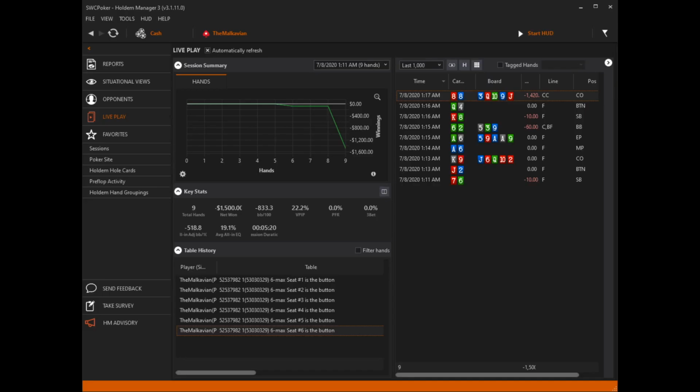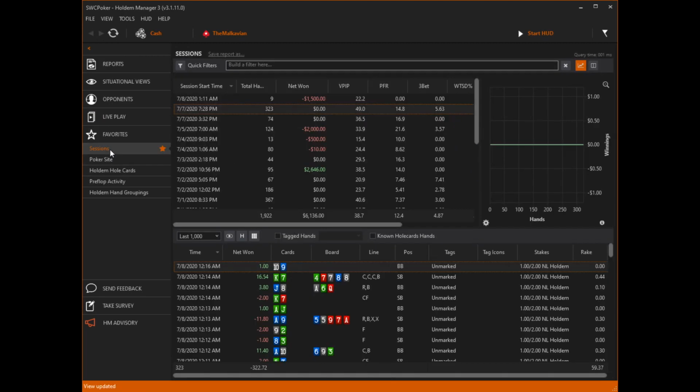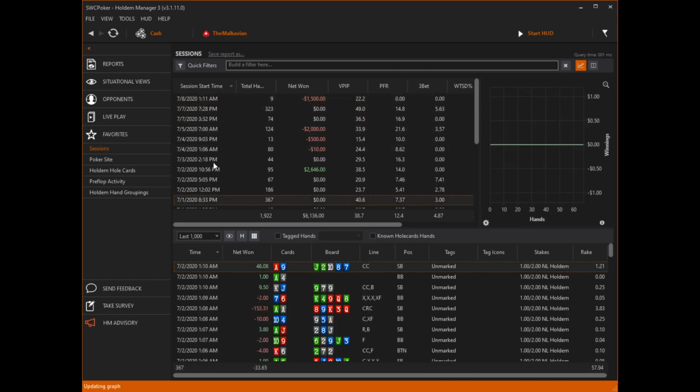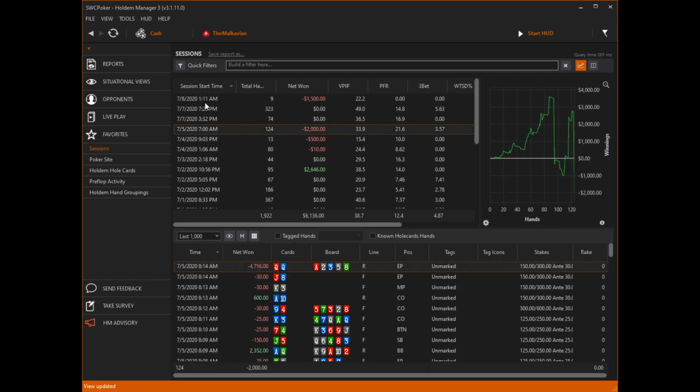Oh, hold on, I didn't show you. Hold on one more second. Let's go back. Okay, here we go. Sorry about that. So if we go back to sessions, you can see all of my hand history, and then it has a reflection of what the hands were down here. So depending on the files that you had, it reflects